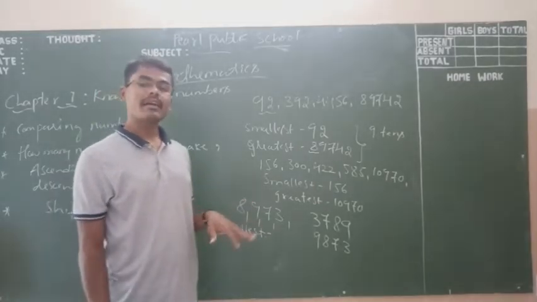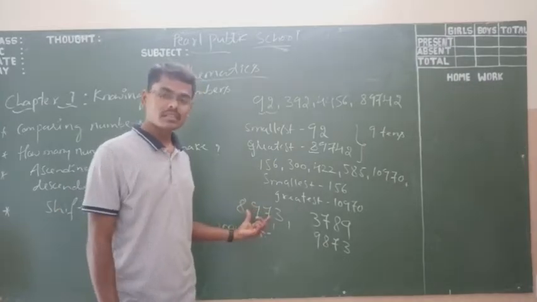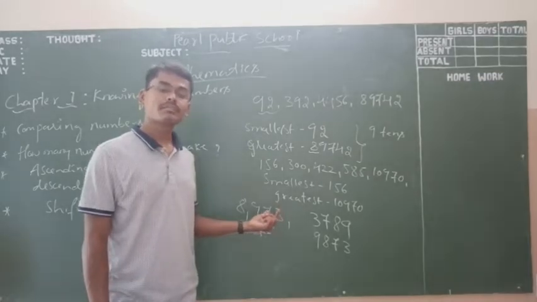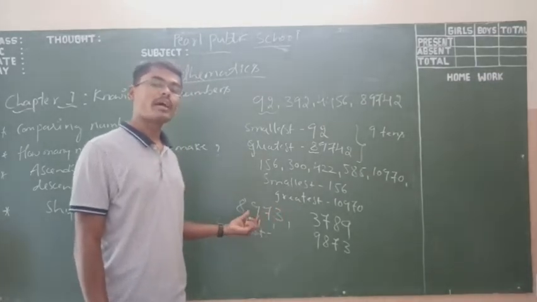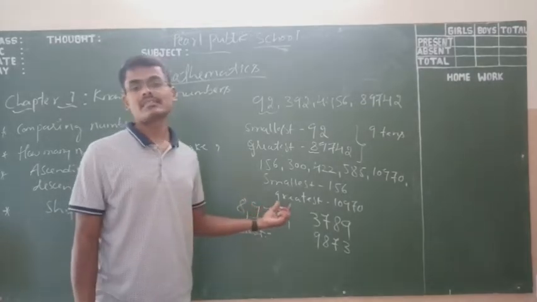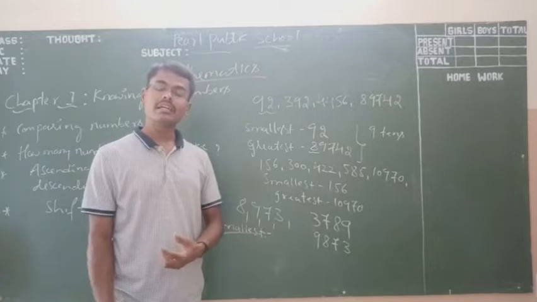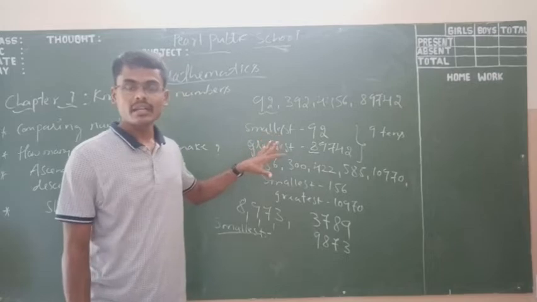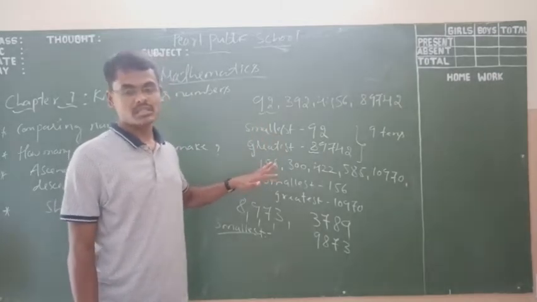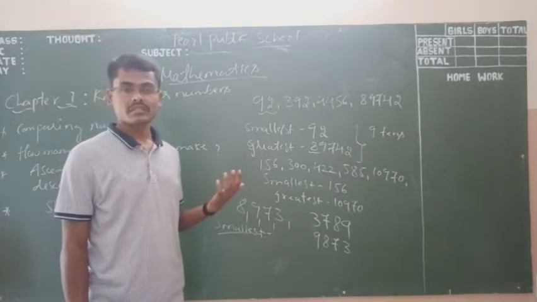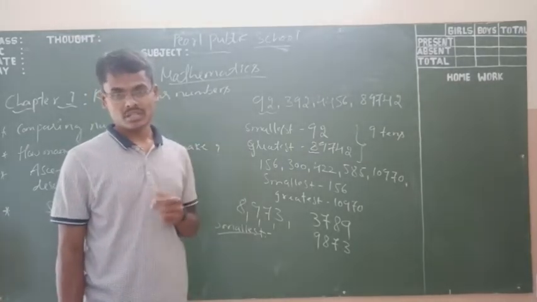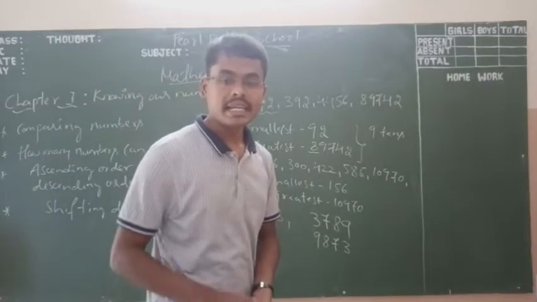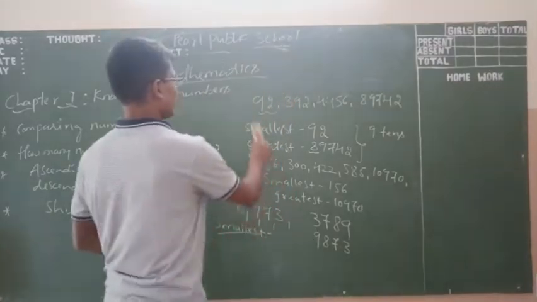Then while writing the greatest number, which one is the bigger number in these numbers? The 9 is the bigger number here. For that reason I am going to write the 9. And 9 is the bigger number, followed by the remaining 8, then 7 and 3. We just write 9, 8, 7, 3. That becomes the greatest number. That is how we write the smallest and the greatest numbers just by rearranging, without any repetition.